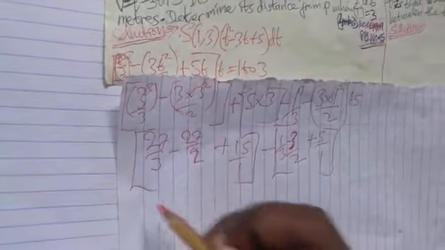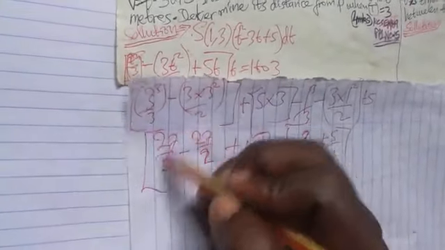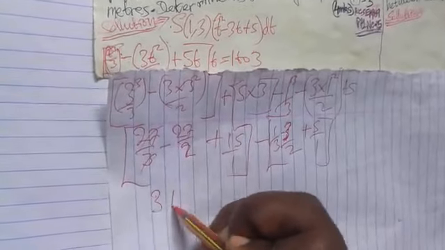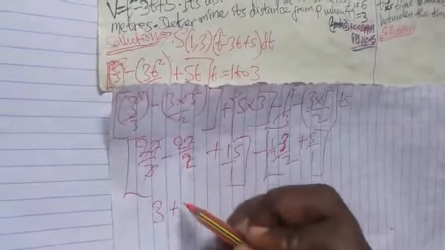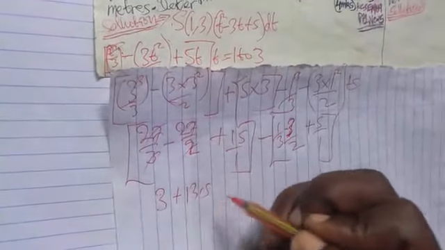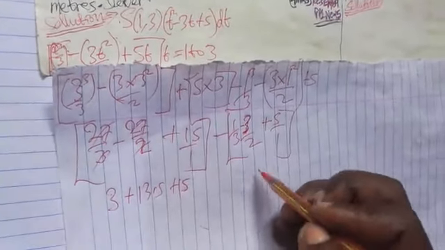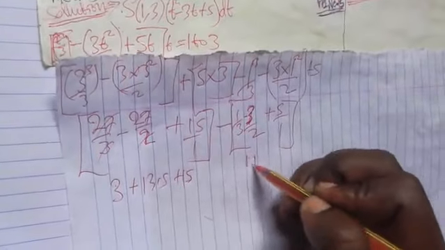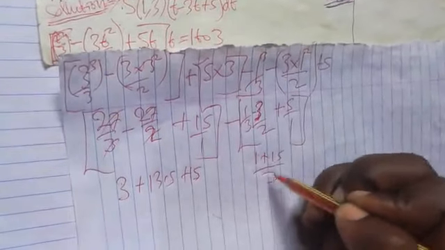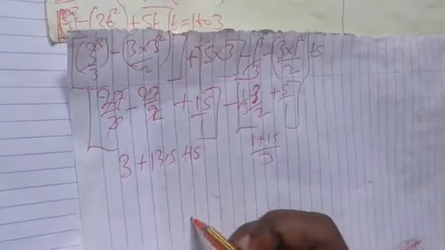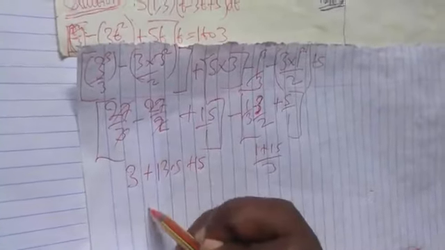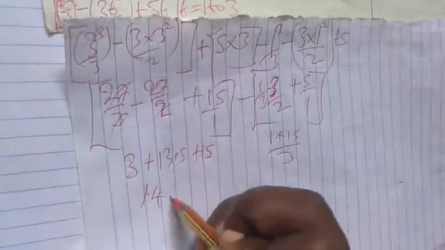This will further give us, divide by 3, this will be 3 plus, this is 13.5 plus 15. This will give us 1 plus 15 over 3, and this here will give us 14.5,